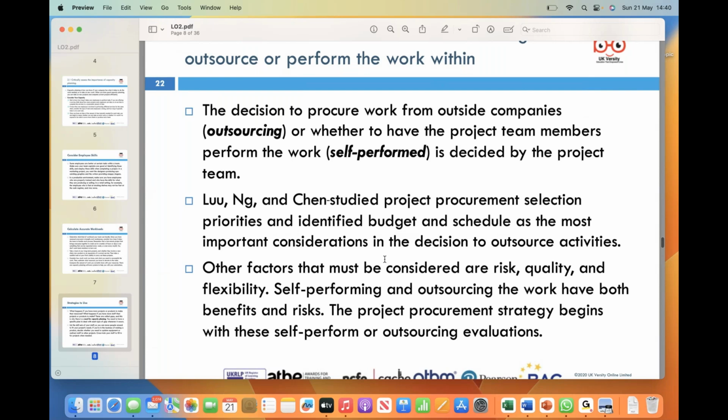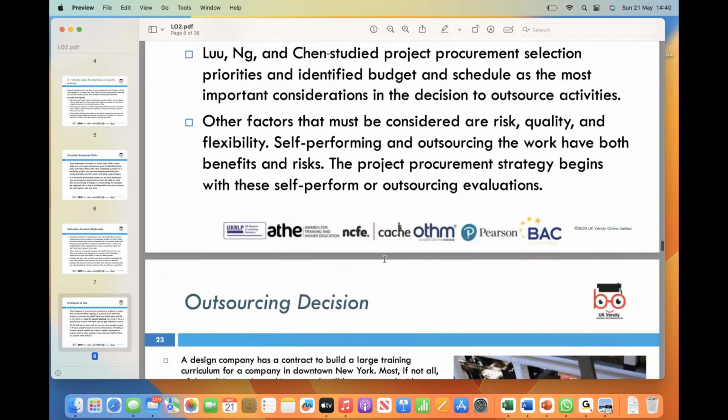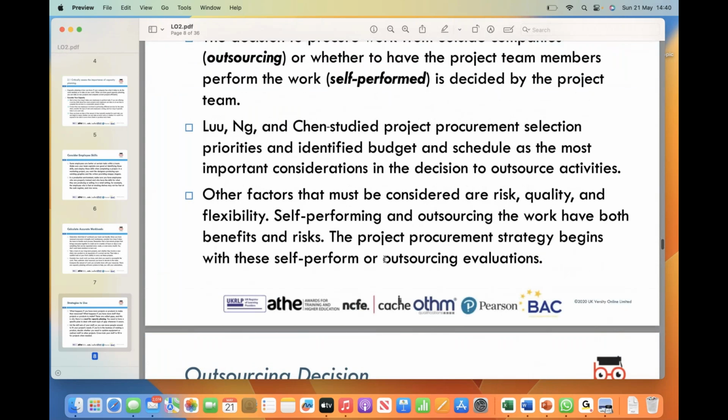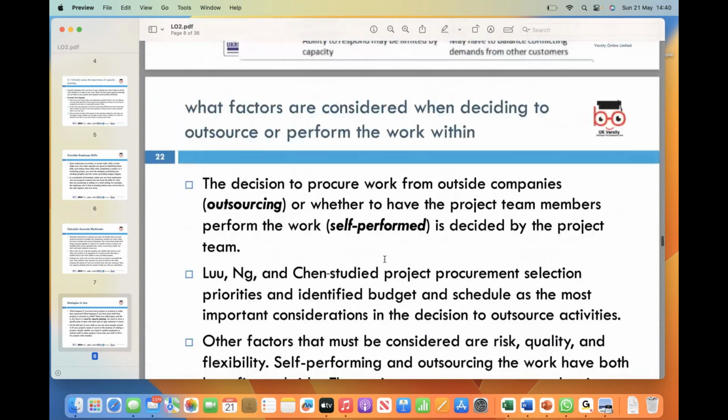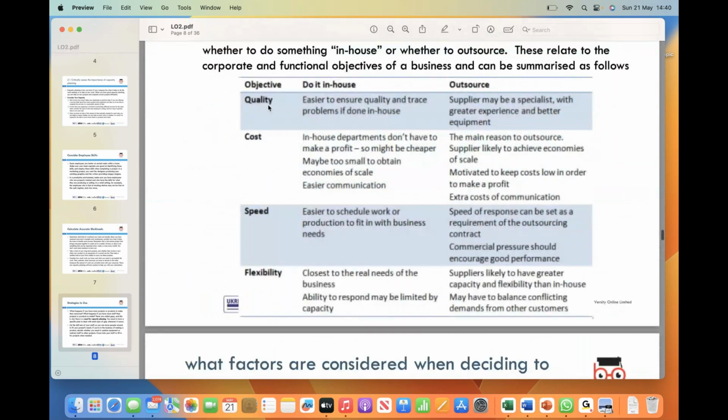Quality is another factor to be considered. The project team must evaluate whether outsourcing or self-performing will ensure the desired level of quality for the work being performed. Maintaining high standards is essential for meeting project objectives. And last is